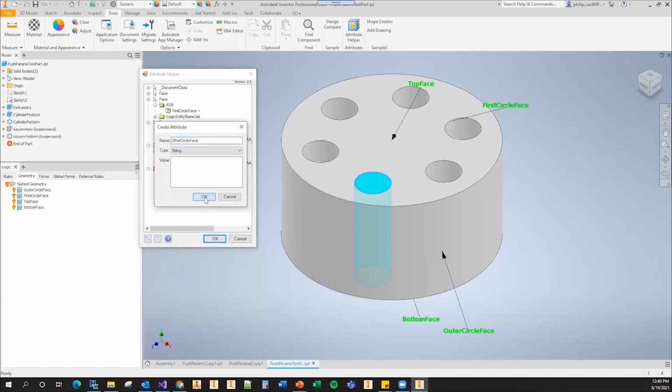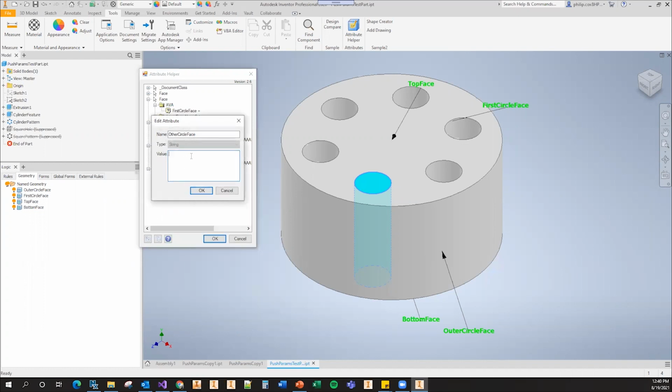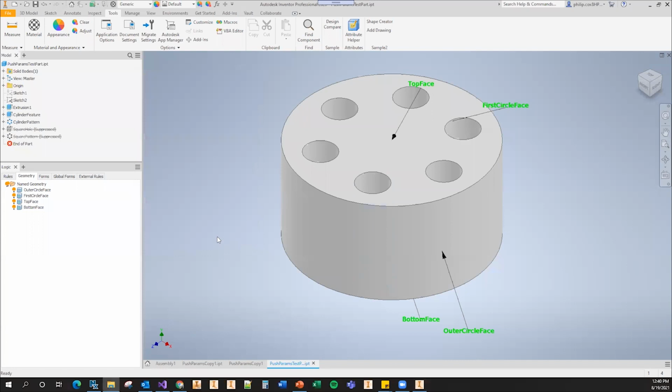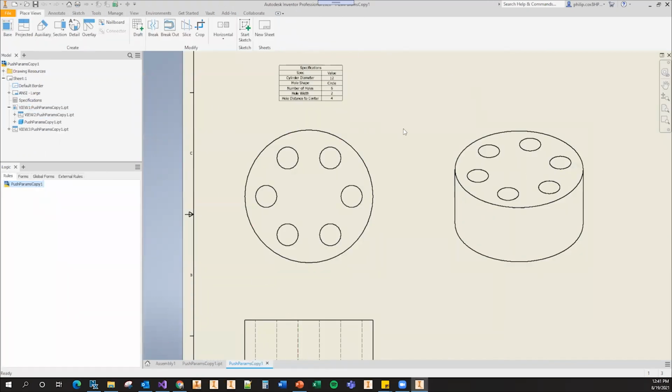Good question. So I'll go ahead and add that one here, and you can see this one doesn't actually give it a value. We named the set and the name, but if I wanted a value, I can put it here. We're not actually going to use this, so I'm going to delete it, but just to show you the process of doing that. Okay, so I'll close that and close this down. Now, obviously, you'd want to save after editing that. And now our template part is ready for